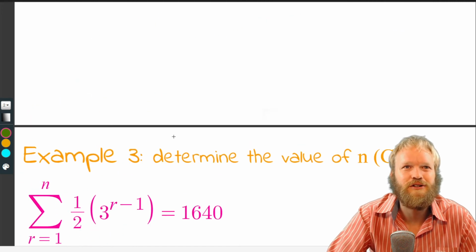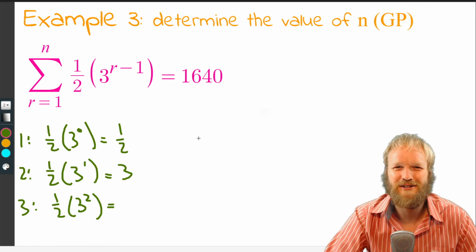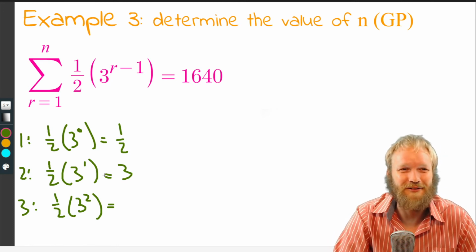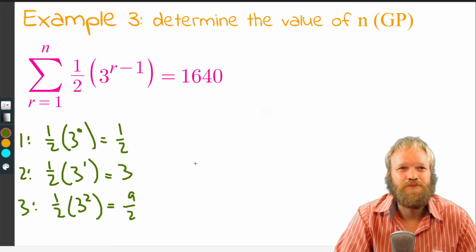Now this one looks a bit different. What did we have the last one? Oh, we had 3 times a half. Felt similar though, didn't it? Okay, hopefully I'm forgiven on that one. Half of 3 squared, well that's 9 over 2. Or 4 and a half. Okay, so in this case,